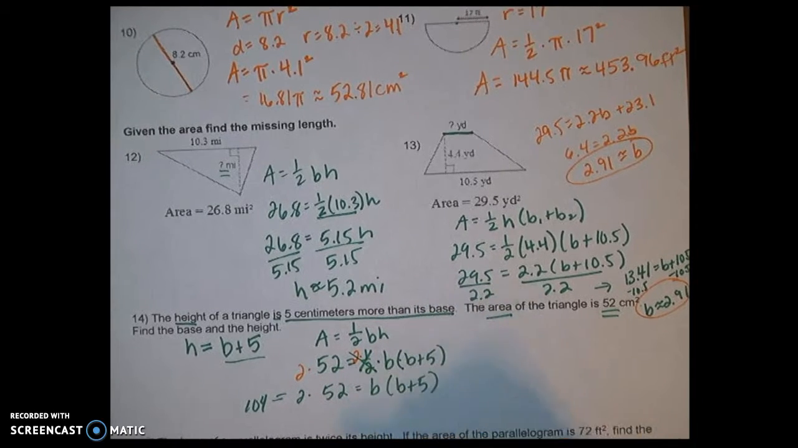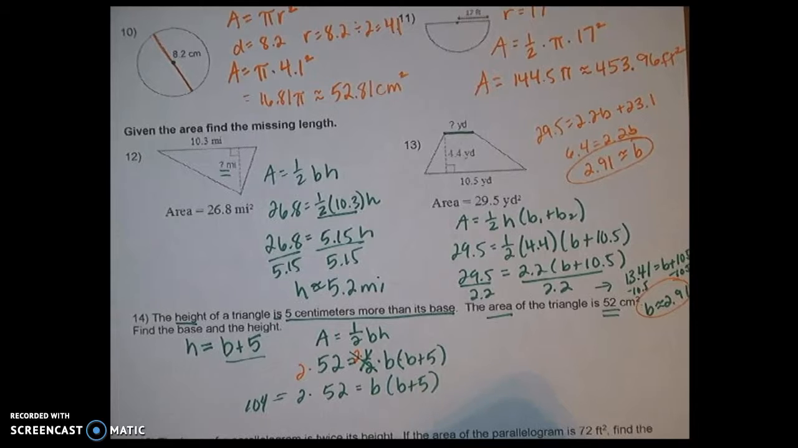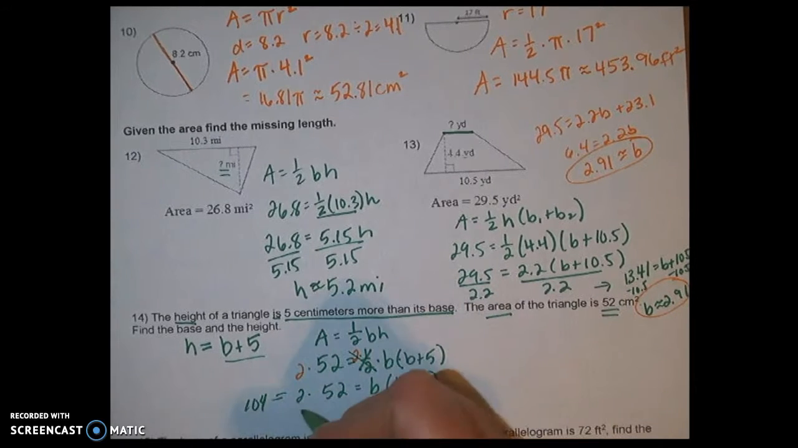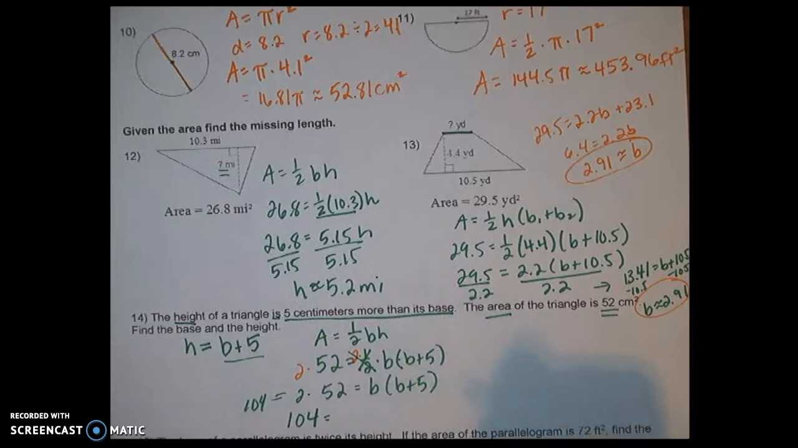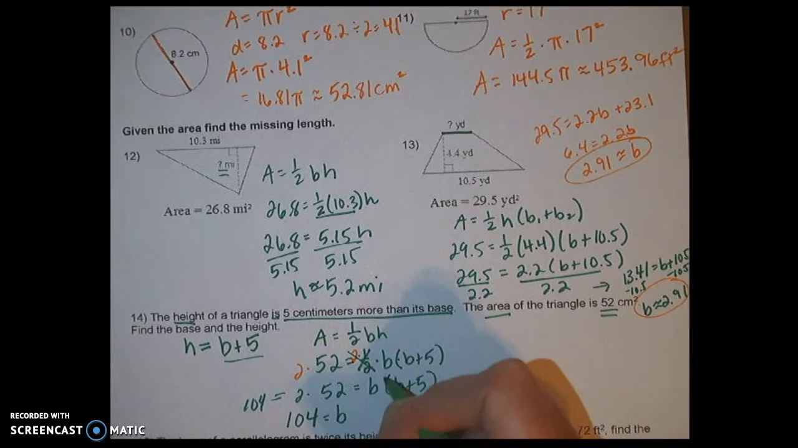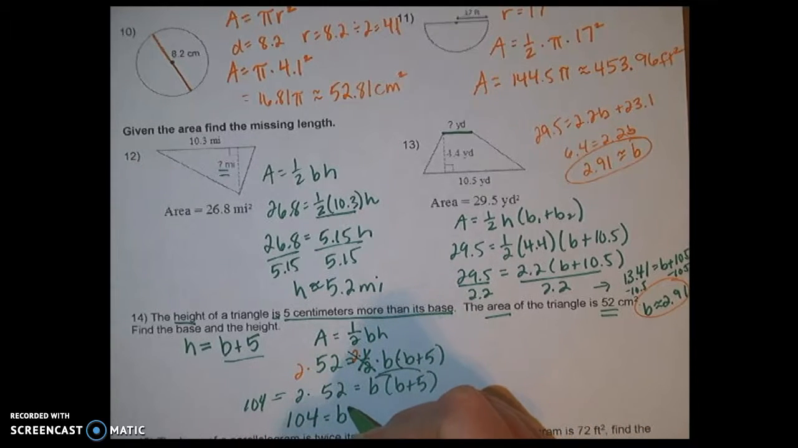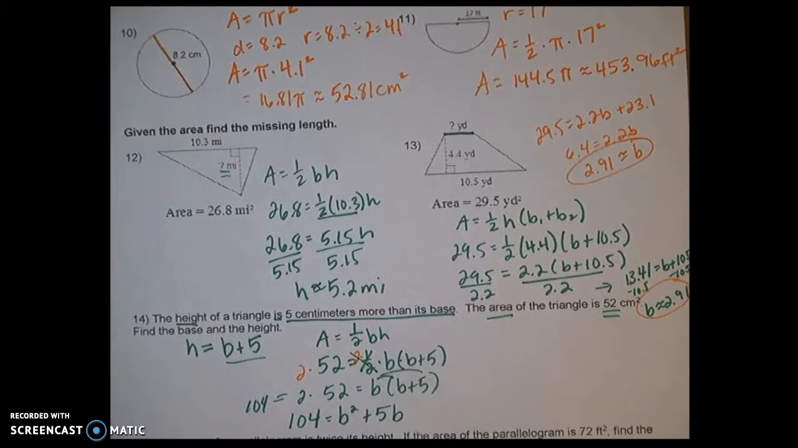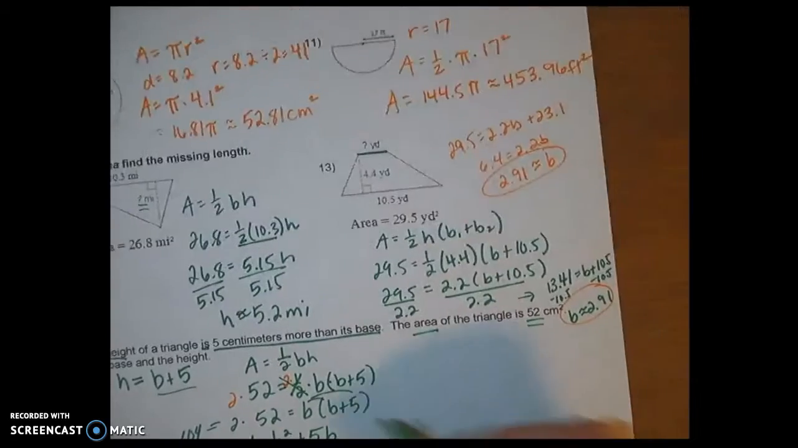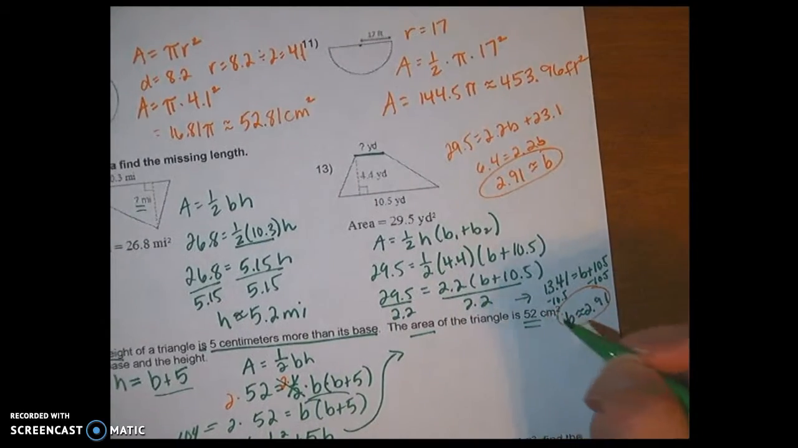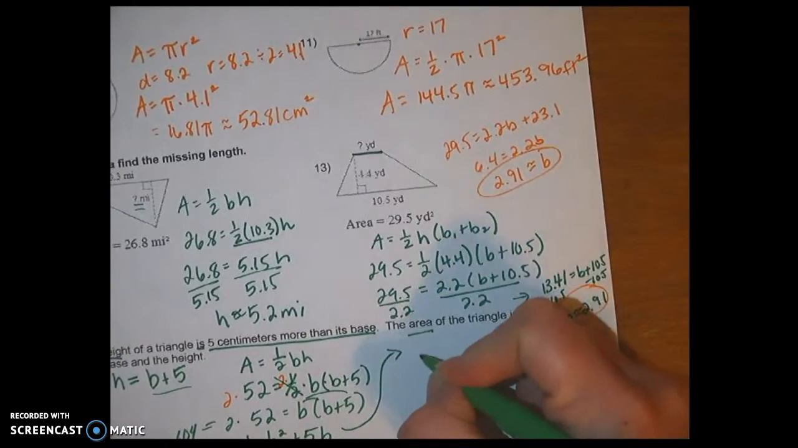This is shaping up to be a quadratic, so those of you who are taking Algebra 2 right now, you should be an expert in doing these. Those of you who are not, this is a recall back to Algebra 1. When I distribute, I end up with b squared plus 5b equals 104. In order to solve a quadratic, you need to get